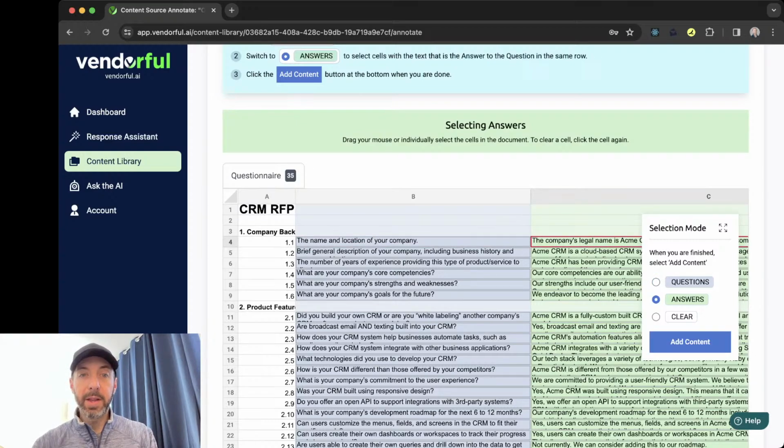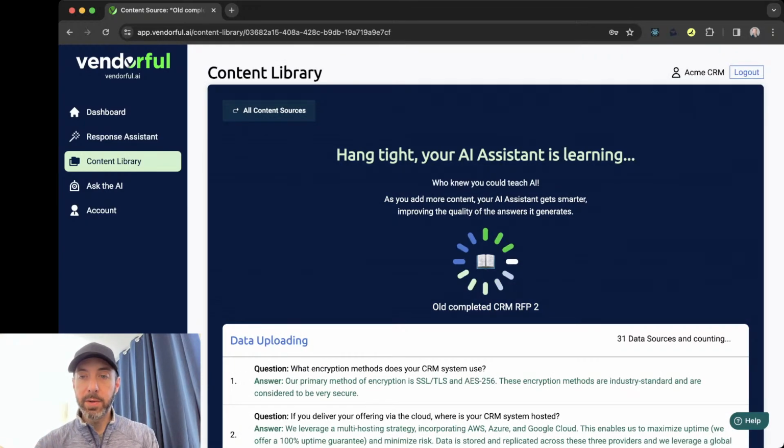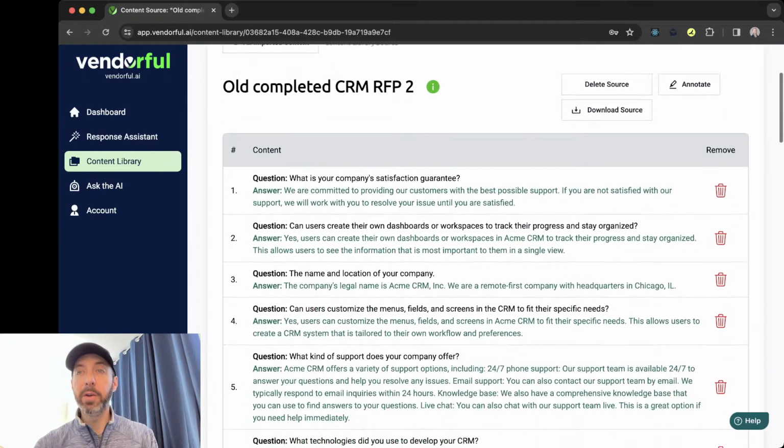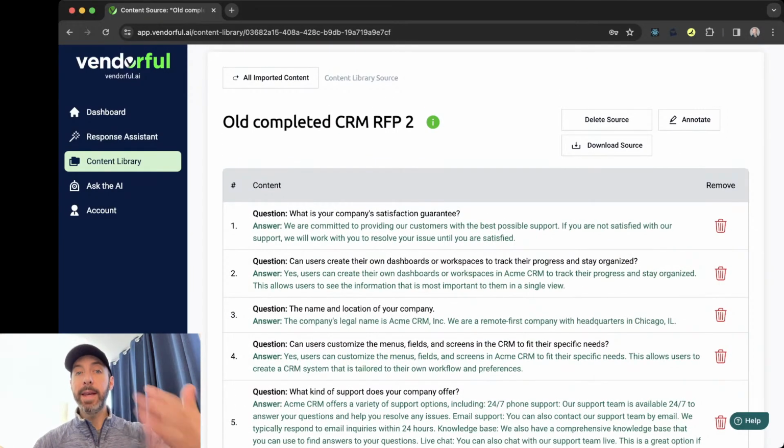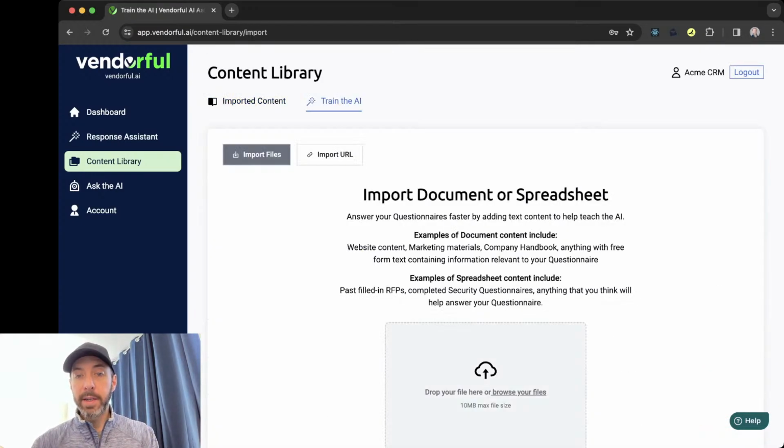And so I have selected 35 questions and answers. When I'm good, click Add Content. It all goes into your knowledge base. So you see, we have all of these question and answer pairs available to help the AI answer additional questions in the future. Okay, and then the last thing you can do is you can import different types of documents,